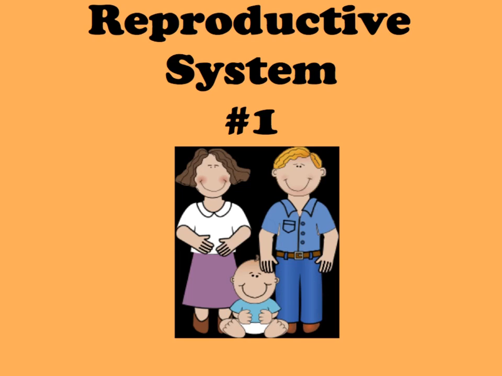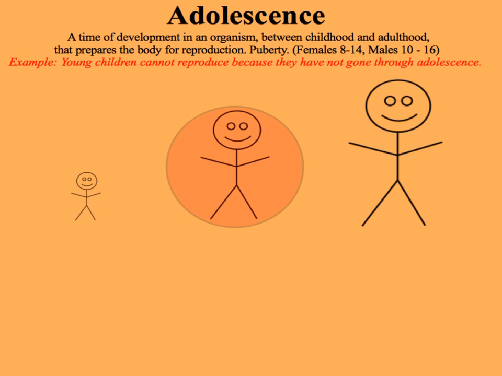It's also important to note that the reproductive system is not necessary for survival of an individual, but it is vital for continuation of the human race. Now, a lot of the hormones that we're going to be talking about in the reproductive system do allow you to maintain, quote-unquote, a normal lifestyle, but not necessary for actual survival. For this topic in this lesson, we're going to be looking at the physical structures and their functions.